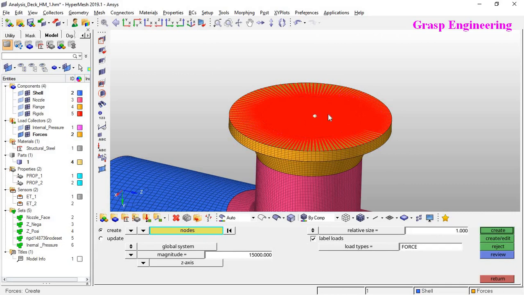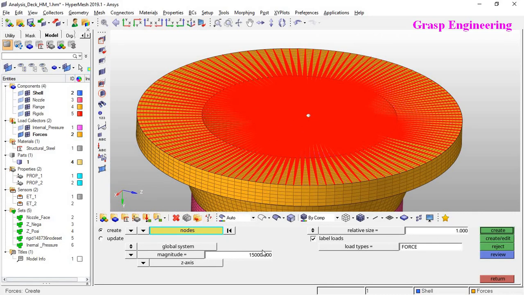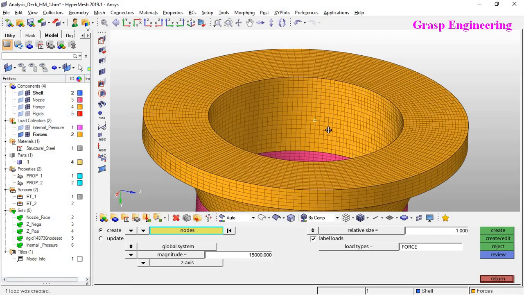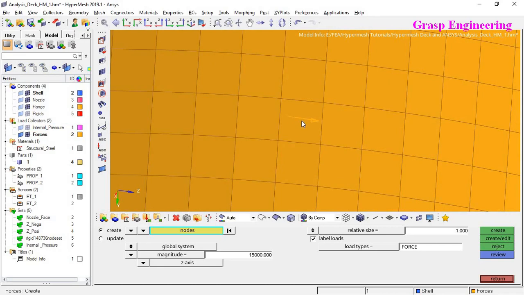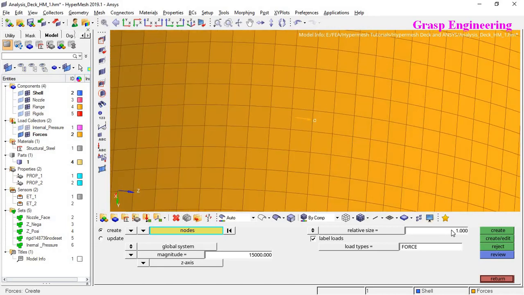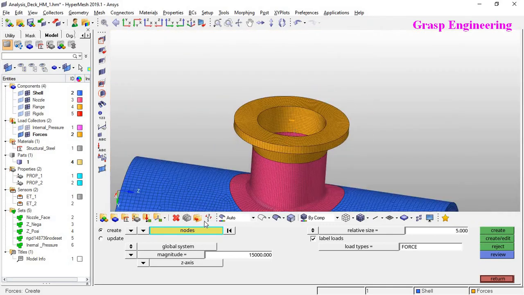This is our Z longitudinal value, create. Now we created that. Let's hide rigids. You can see it's very small. If you want to increase the display size, you can. If you want to change the color somewhat darker, you can check. Now this is longitudinal.